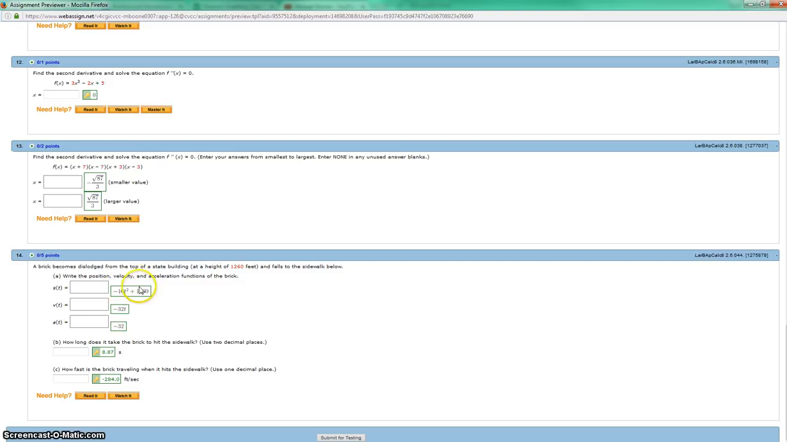And again, we're in feet. And then the 1260 is our initial height. So that's just where some of this is coming from. But once you take the derivative of your position function, you get velocity. Once you take the derivative of your velocity, you get acceleration. So they mean something. Also in number 13, they're taking the second derivative and then setting it equal to 0